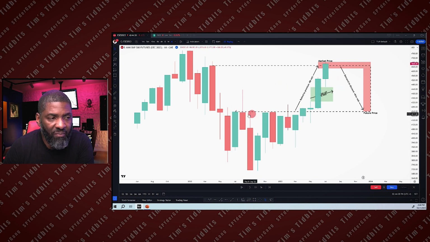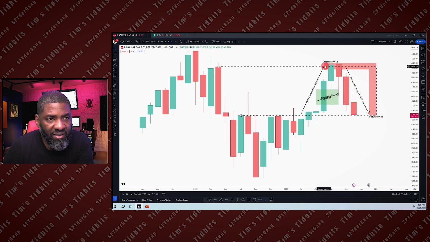Why? We have a bullish breaker down here, and in the order of importance from the PD Array chart, if you remember, the bullish breaker came before the fair value gaps. So we can anticipate price trying to make its way to this bullish breaker. It doesn't have to get there, but we can anticipate it. It's more likely for it to get to the breaker because the breaker has a higher level of importance on the PD Array chart.